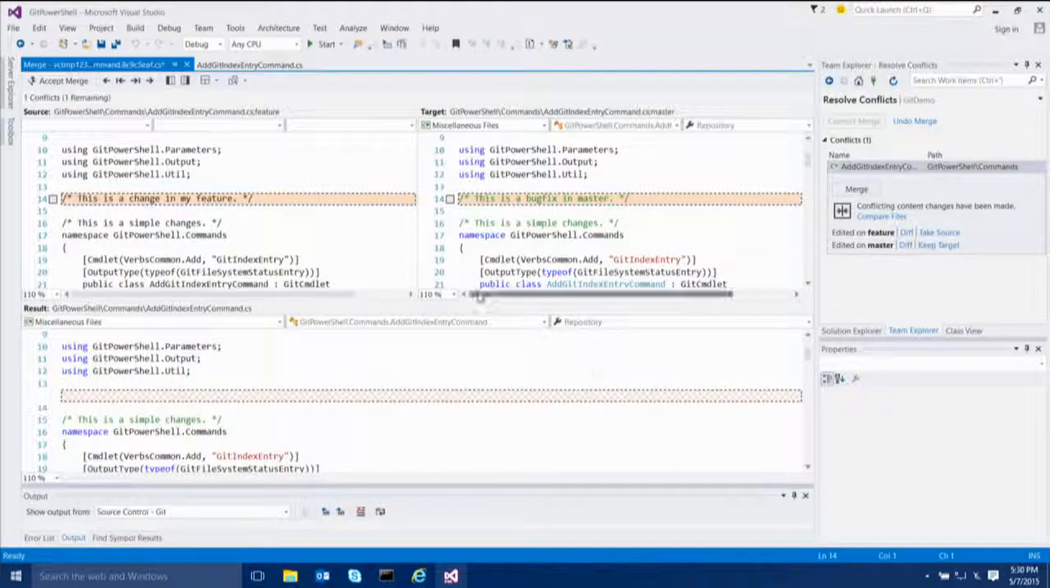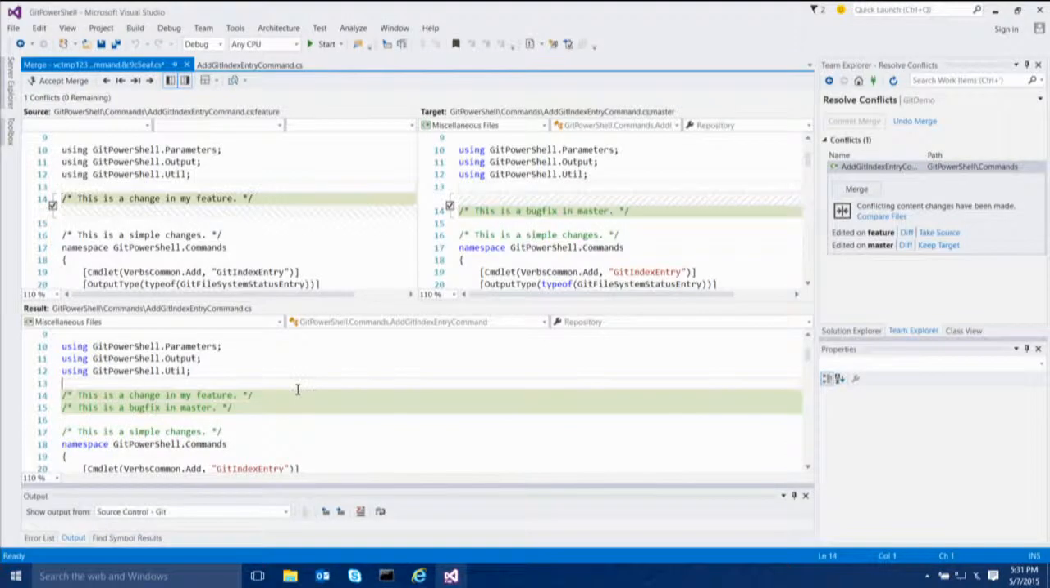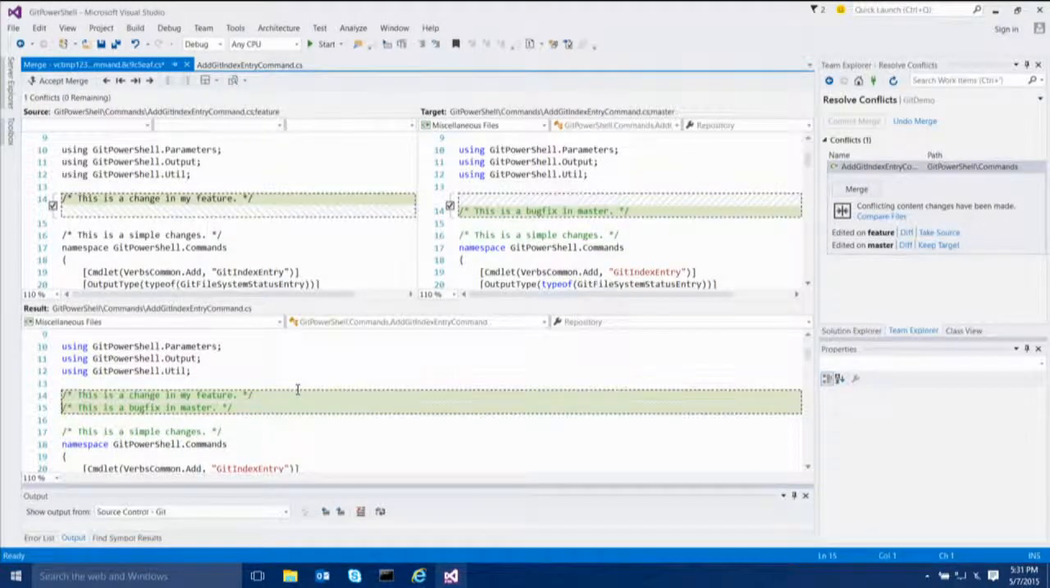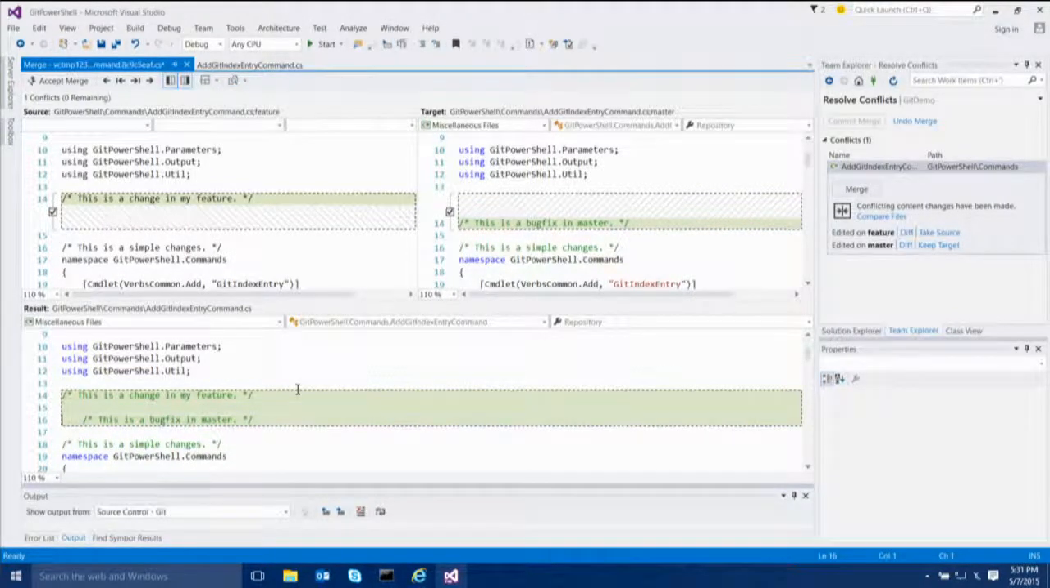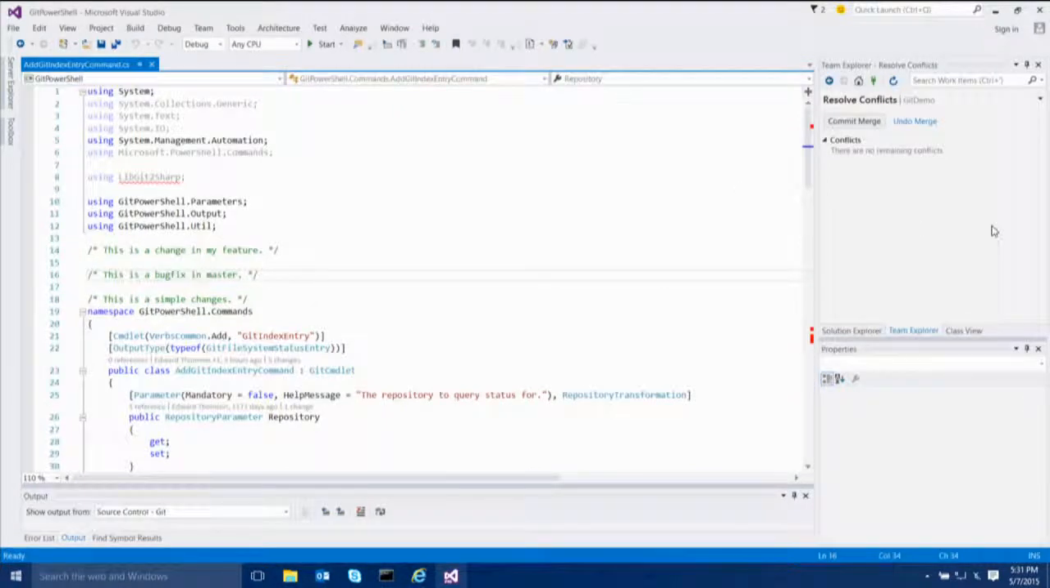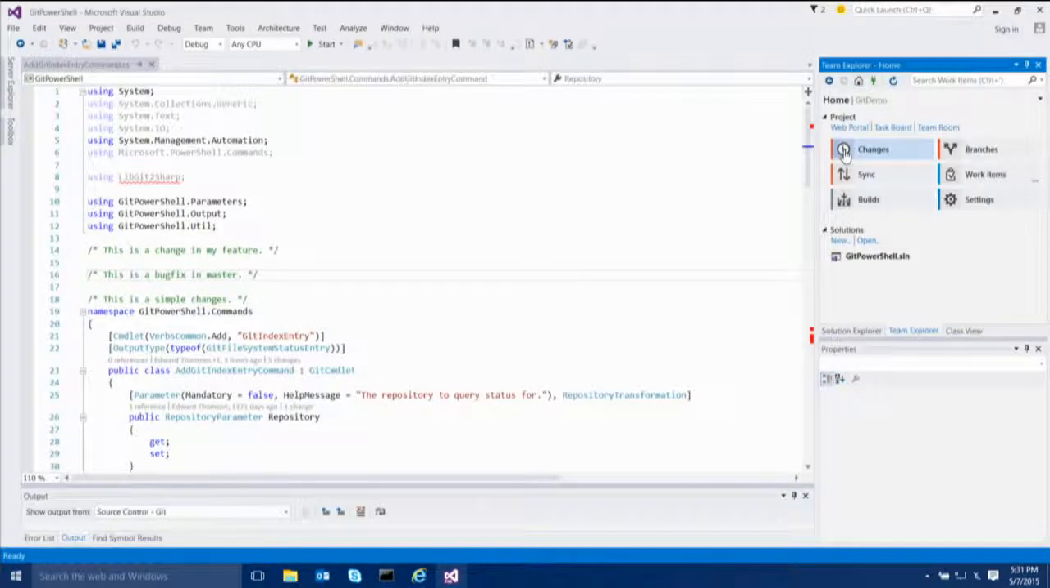And I can just pick whichever change from whichever branch I want to include. Maybe I want them both. And maybe I actually want to do a little editing after the fact because the auto merge didn't quite go right. Maybe I want some white space between them. And when I'm done, I can just click Save, come up to the button up here, Accept Merge, and that resolved the conflict. Okay? If I go back to the Changes page,